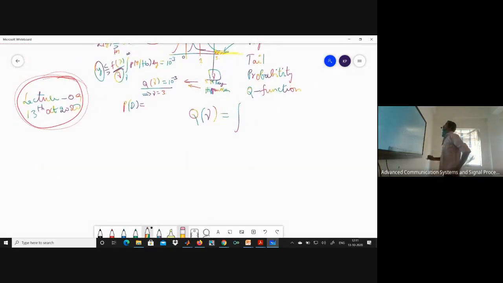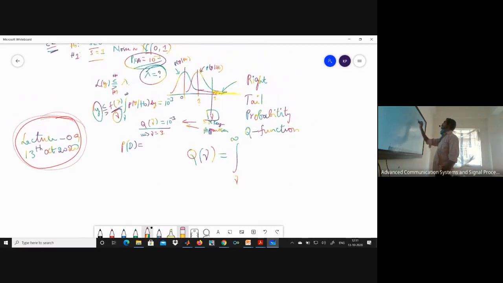Yeah, the Q function Q of gamma can be written as the integral from gamma to infinity of whatever probability density function that you would like to have. Suppose I would like to calculate the right tail probability of the Gaussian, you can write the probability f_X(x) dx. In place of this f_X(x), you can use either this one or this one. I don't have any problem. So for any Gaussian distribution, the Q function,